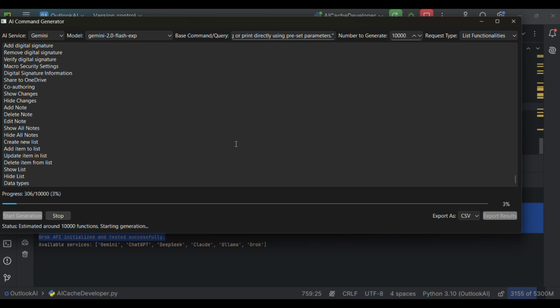So if this stops midway through, we still get the data because we built in a function to handle stopping and errors and stuff like that too as well to save it. We're still going. Those look like commands and functions that you would use in Outlook. This is really fascinating because now